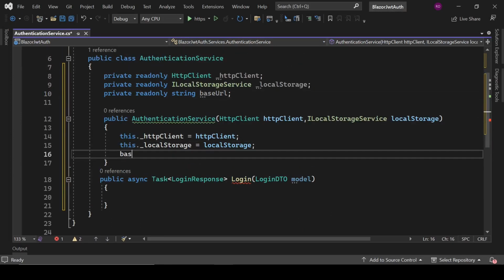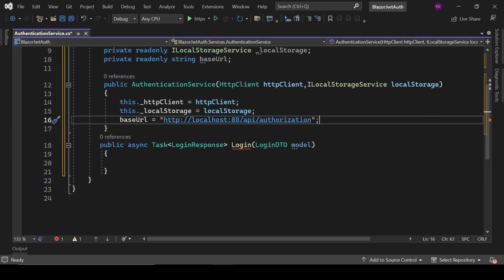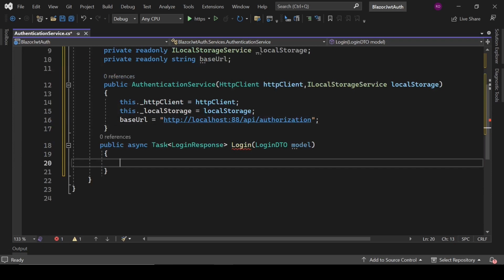So here assign baseUrl equals this. Fine, and I'm removing this character from here. Now what we need to do, we need a var result, or what should I name it, loginResult